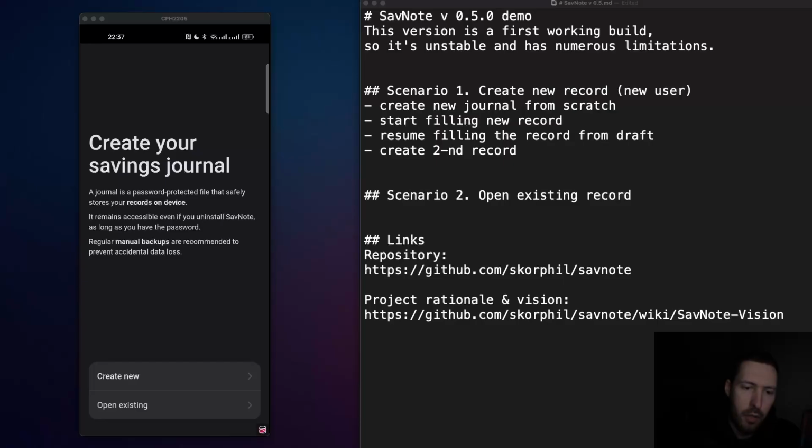SavNote is a tiny application for keeping track of your savings. It's open source and currently on the very early stage of development. In this demo, I'm going to show the first working build of an application, and I will demonstrate the two core scenarios. First scenario is for starting using the application. It's about creating the new database journal, and the second scenario is